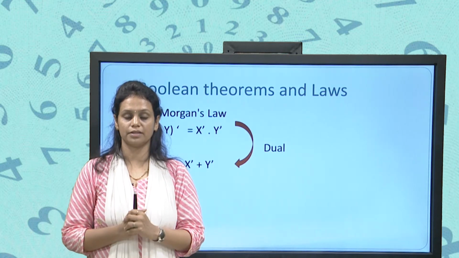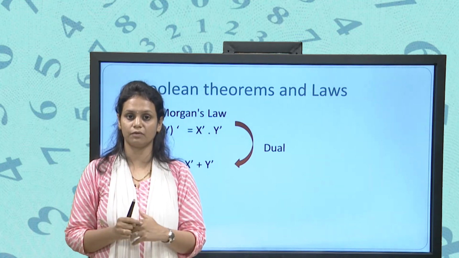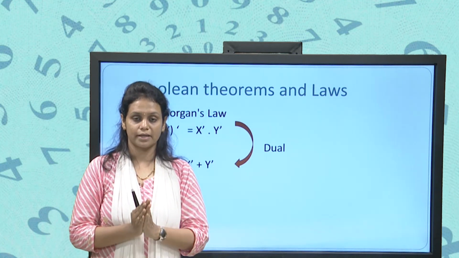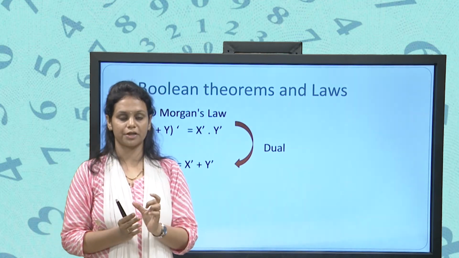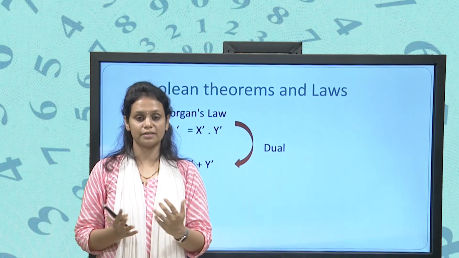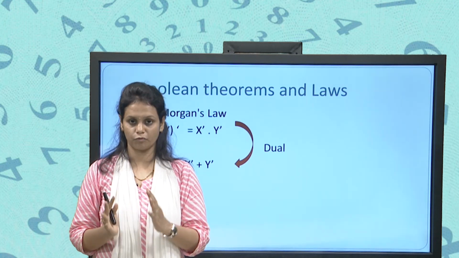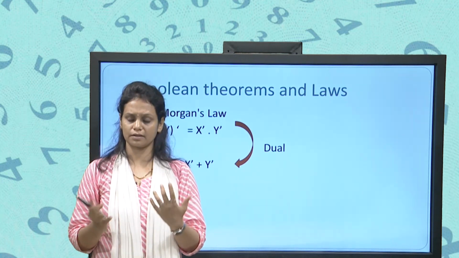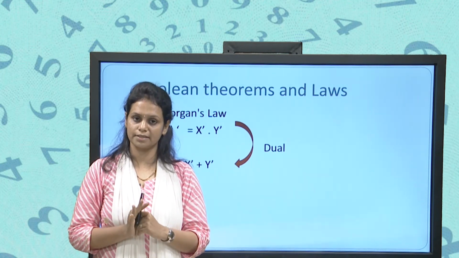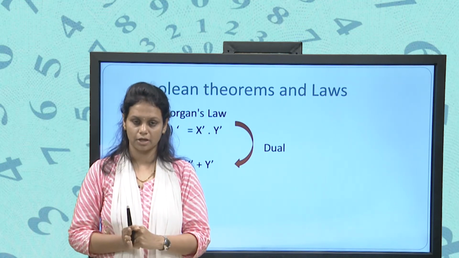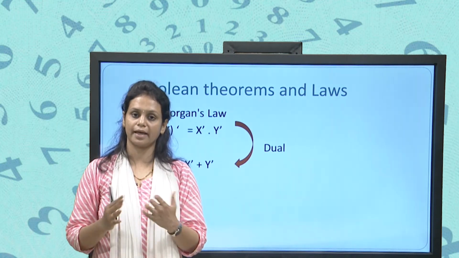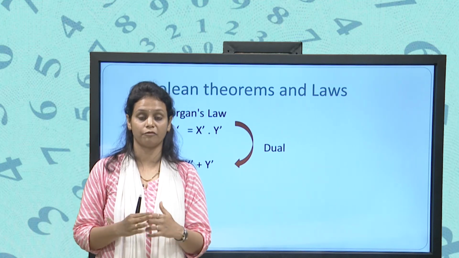But suppose someone asks which is the identity element for the operation plus, then we can answer: the identity element for plus is 0. Why is it 0? Because if we do the operation of that identity element with any element, it will always give the mirror image, fine. What is the identity element for multiplication? It is 1. So in Boolean algebra, the same will follow. If your operation is plus, your identity element will remain 0, and if your operation is dot, then your identity element will remain 1. Why so?